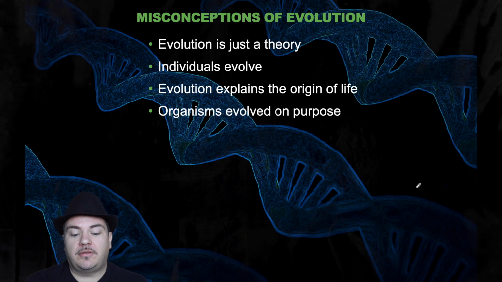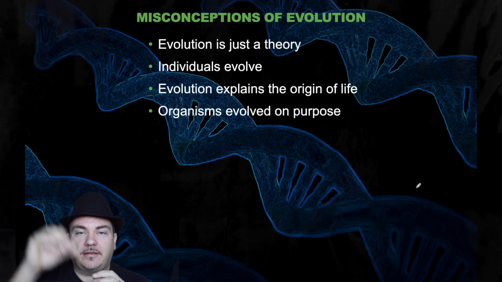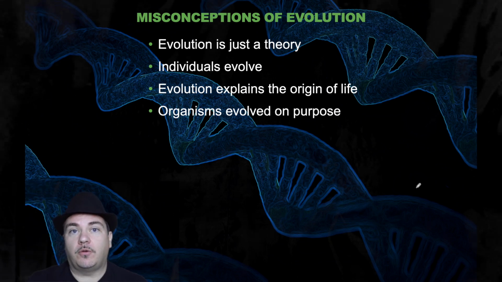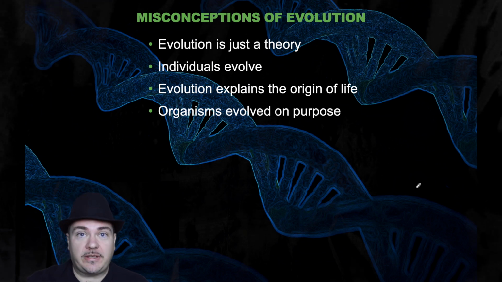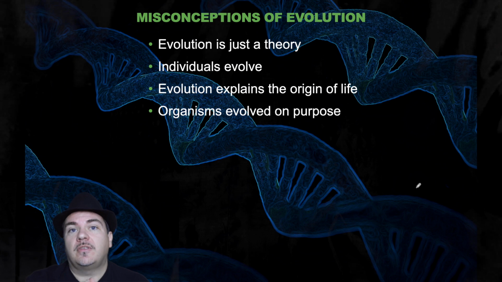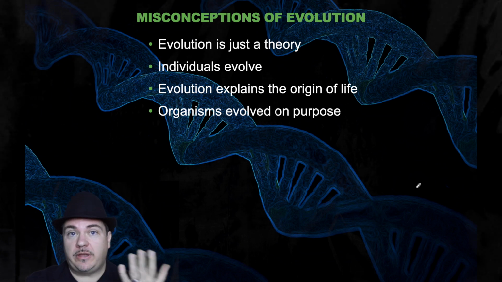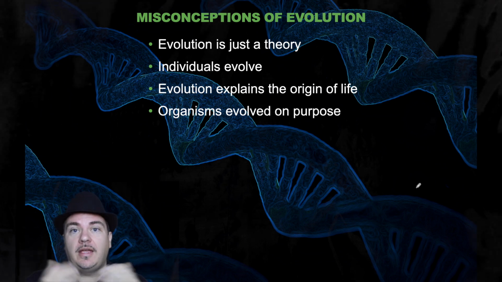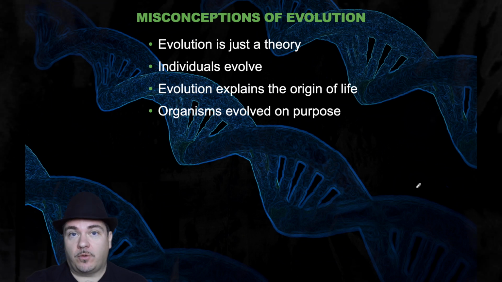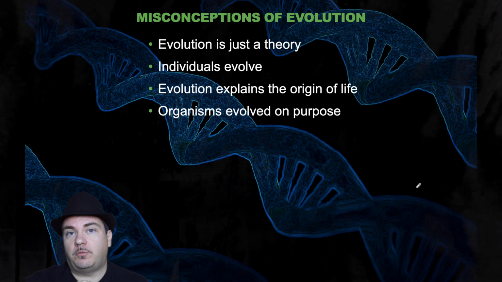Another misconception is that organisms evolve on purpose. It's not like that giraffe tries to grow a longer and longer neck. It's not like the beetles are like, oh no, there's a bird trying to eat me, I better change my shell to be brown instead of green. It's not the way it works. The beetle happens to be born with a green shell or a brown shell, and then nature selects for one of those over the other. Okay, it's not like it evolves on purpose to one or the other.